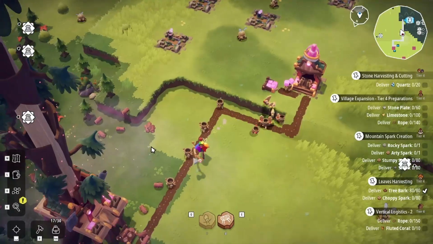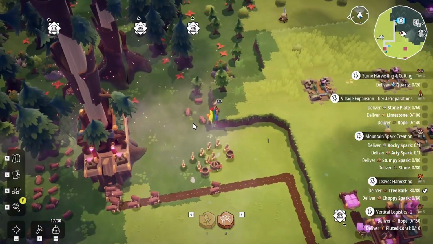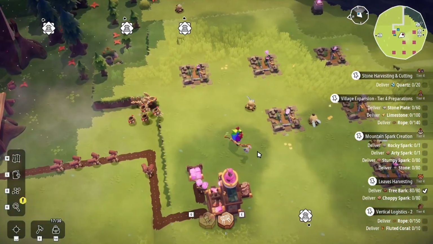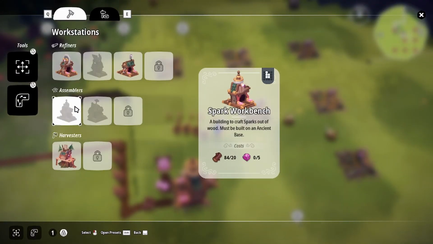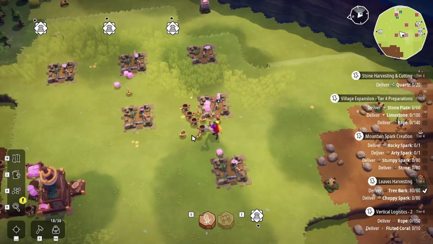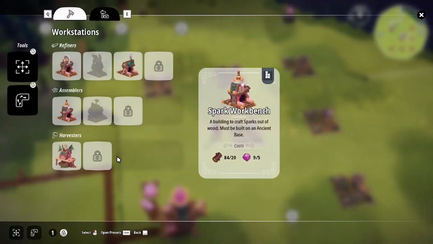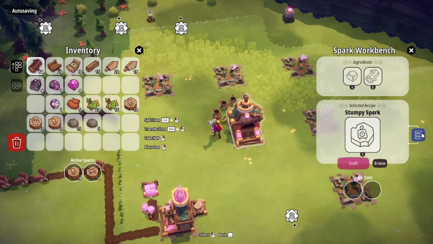Yeah, I think they get back into 4, so they'll probably overfill it. So that's one step towards automating the choppies. And then we can throw down another spark workbench. At least we could if we had some crystal shards. Okay. And... nope, wrong one. Spark workbench, cool. So the recipe for the choppies...